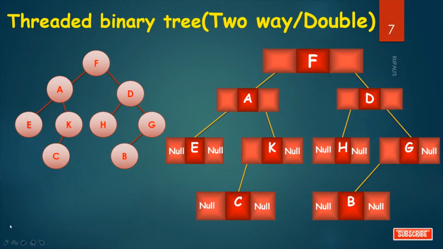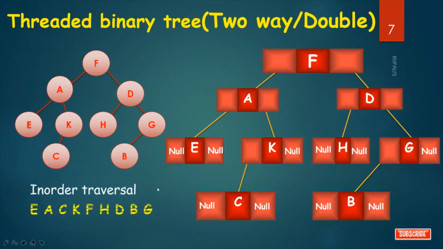So this is our tree. The in-order traversal of this tree is this. If I traverse this tree in in-order fashion, then we get this result. And the linked list representation of the tree is this. In case of linked list representation, say the node K, the left field of K holds the address of the left child, that is the address of C, and the right field of K is null because no child is there. Now this is the linked list representation of the tree. Now our task is to use the space where null is stored. So we have to utilize this space.